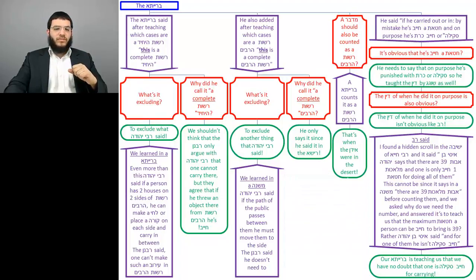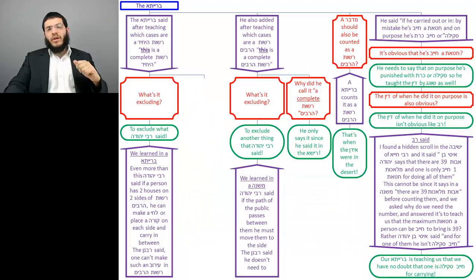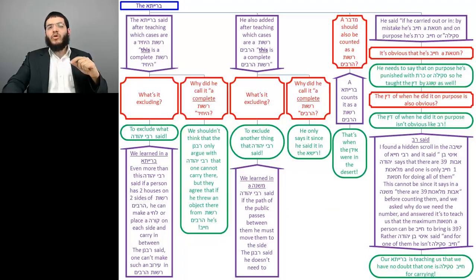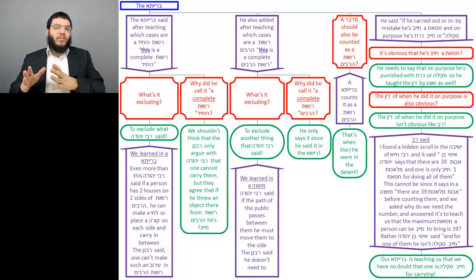The next Tosfos is on the next part of the Gemara where we said, why does it end with the word Gemura? Zui Rishus Yachid Gemura. We said it's telling us we shouldn't make a mistake and think that the Brisa holds the case of Rabbi Yehuda is not a Rishus Yachid Midrabanan, but Minatayra it is. Gemura tells us it's not a Rishus Yachid whatsoever. Not just it's not Midrabanan, it's not even Rishus Yachid Minatayra.